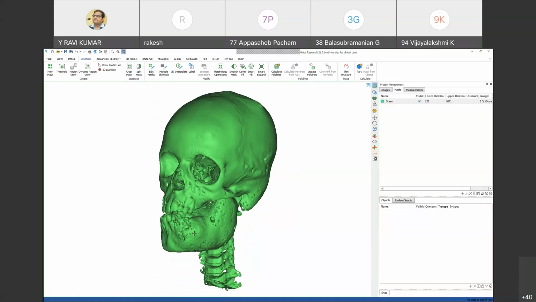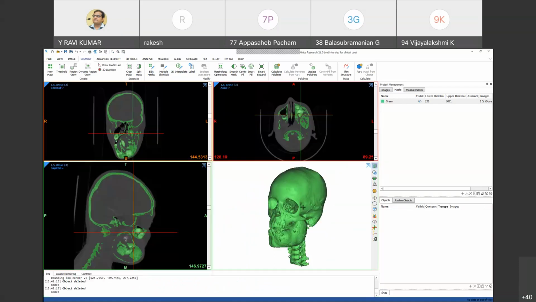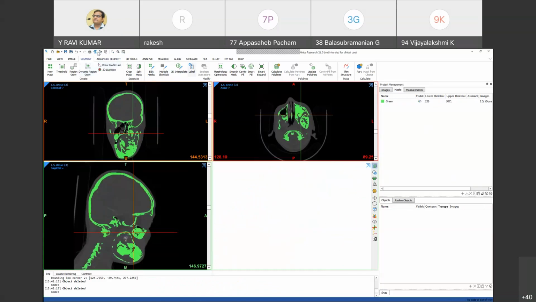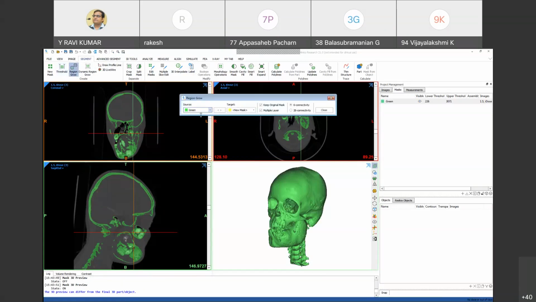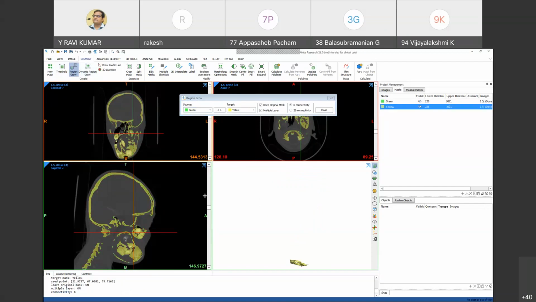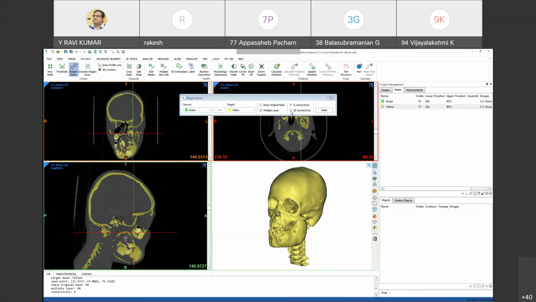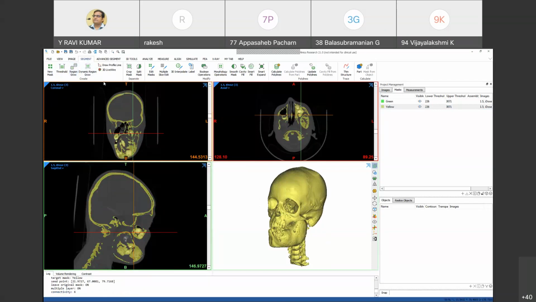For that we are working on the mandible. You click on region growing. But everything is connected, so this option is not feasible.